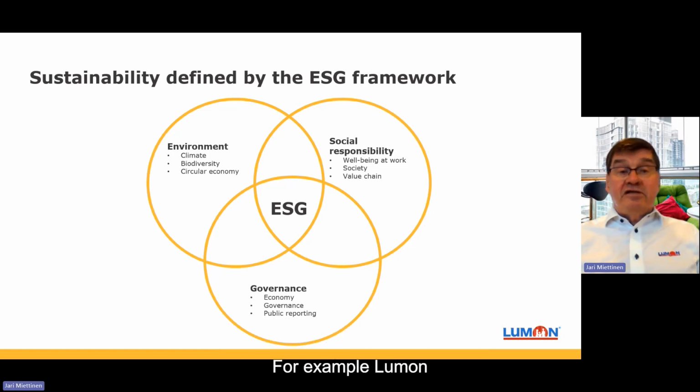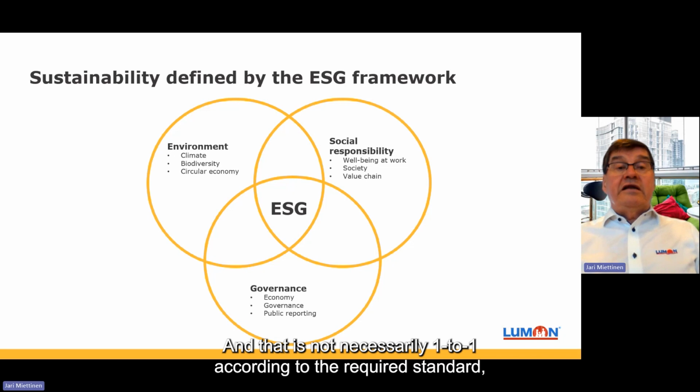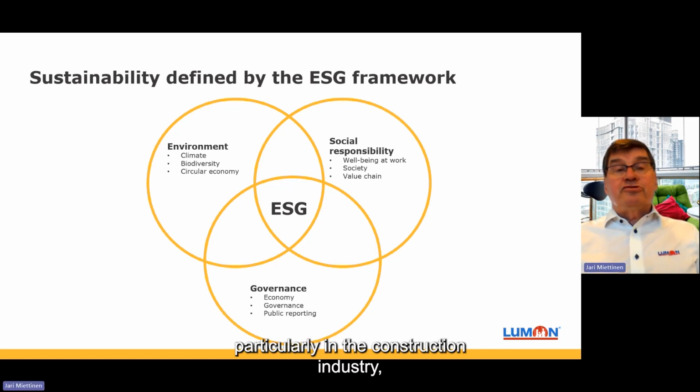And for example, Lumon will actually issue a voluntary report already in the next few weeks, and that is not necessarily one-to-one according to the required standard, but we are doing this voluntarily, like two years in advance. Now, when we talk about ESG, and particularly in the construction industry,